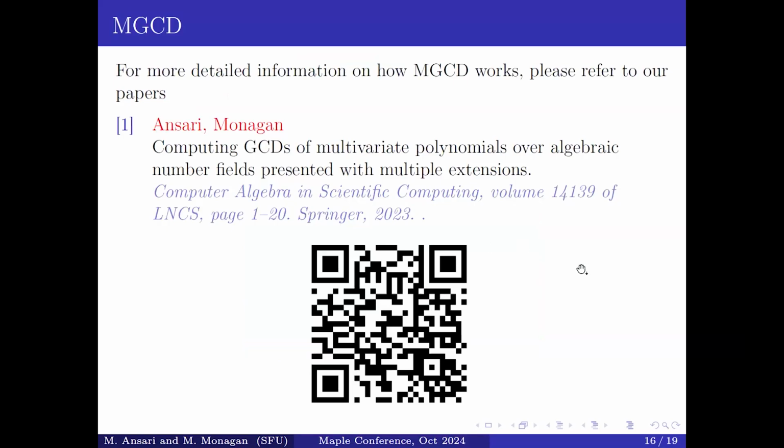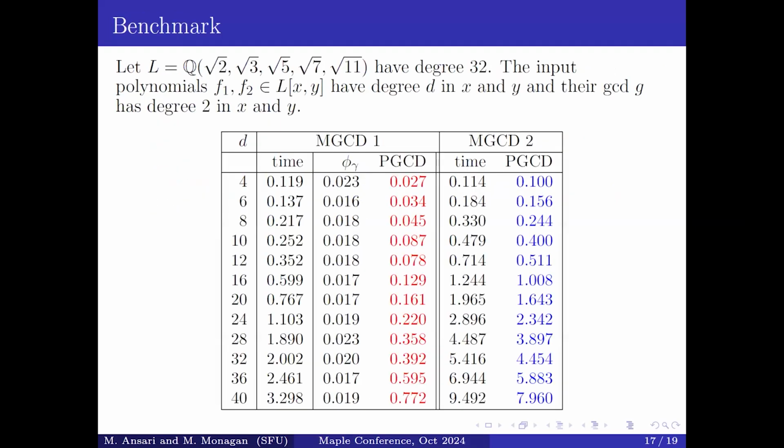But if you want to get more information about how our MGCD works, please use this QR code to take a look at our previous paper, which was about computing monic GCD of multivariate polynomials over algebraic number fields. Here is the benchmark for our MGCD. Let F1 and F2 be two polynomials over L, which is this algebraic number field